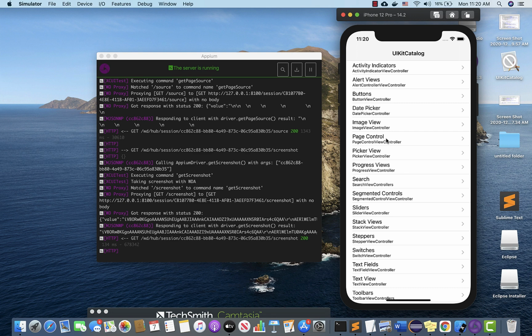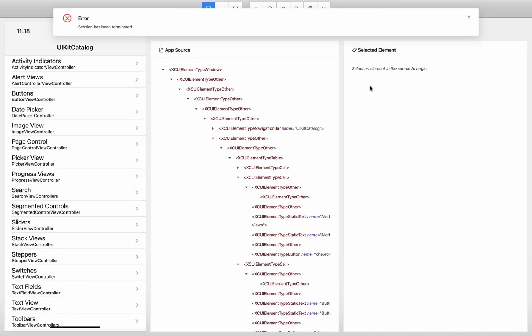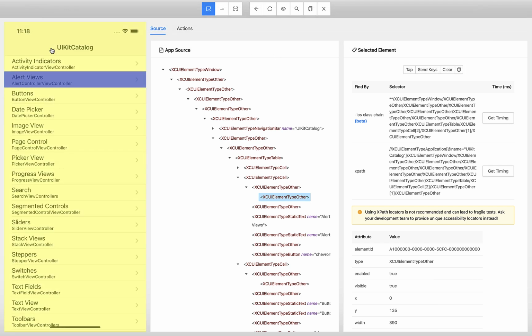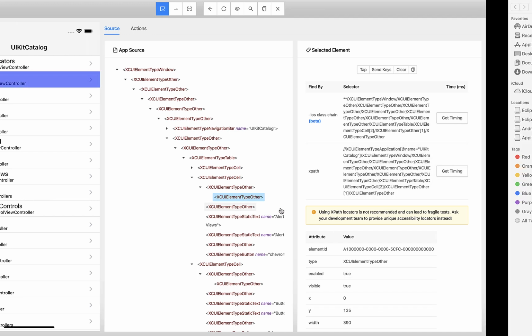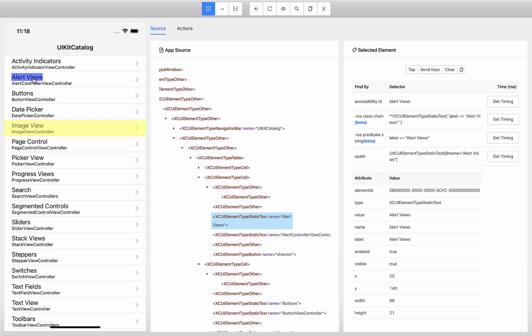All right. So first, if I want to click on this alert views, I need the locator of this so that I can tell my Appium script to go to this locator and click. Okay. So for that reason, let's go back to Appium Inspector. So if I select alert views, see on the first selection, it selected the entire menu item. So you don't get unique IDs here. So carefully come to the hierarchy that you are seeing here, right? So if you scroll down here, there is something called alert views. So when you select this hierarchy, now exactly only this is highlighted.